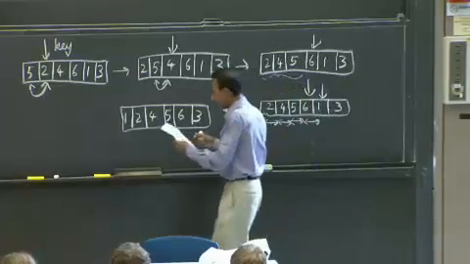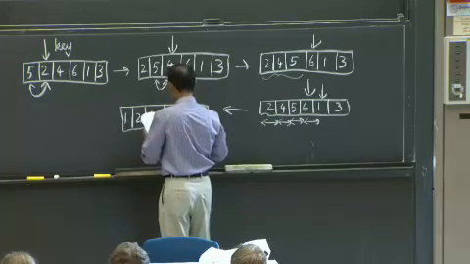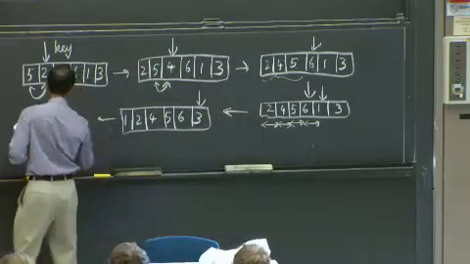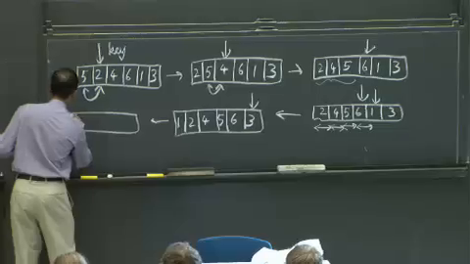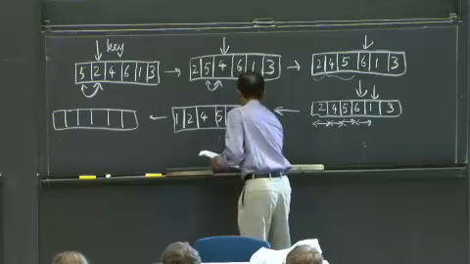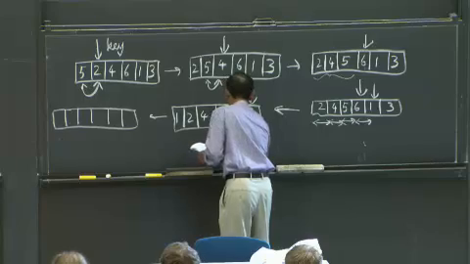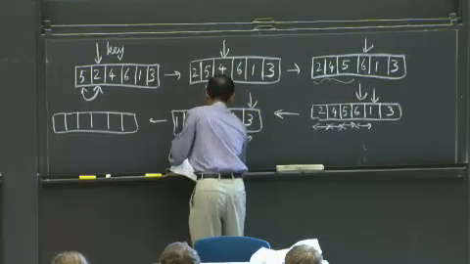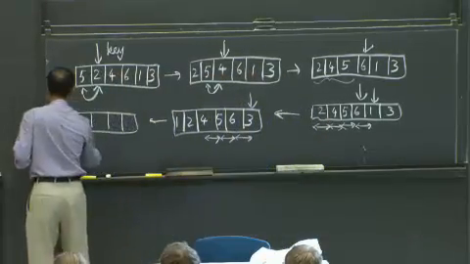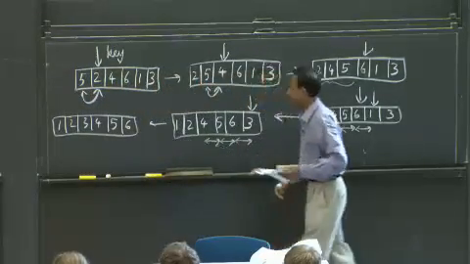So we're almost done. Now we have the key at 3. And now 3 needs to get put into the correct position. So you've got to do a few swaps. This is the last step. What happens here is 3 is going to get swapped with 6. And then 3 needs to get swapped with 5. And then 3 needs to get swapped with 4. And then since 3 is greater than 2, you're done. So you have 1, 2, 3, 4, 5, 6. Okay. And that's it.